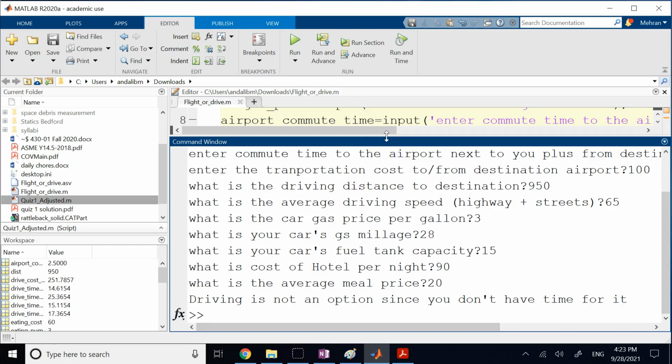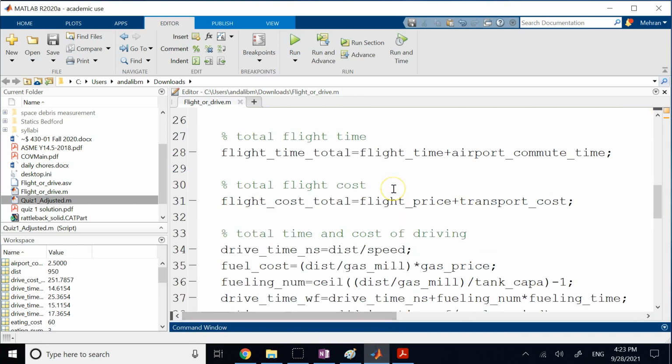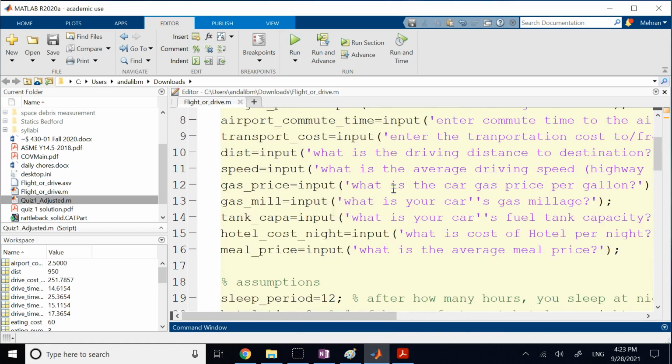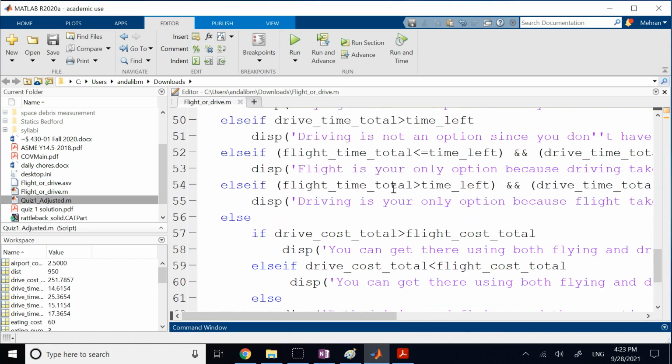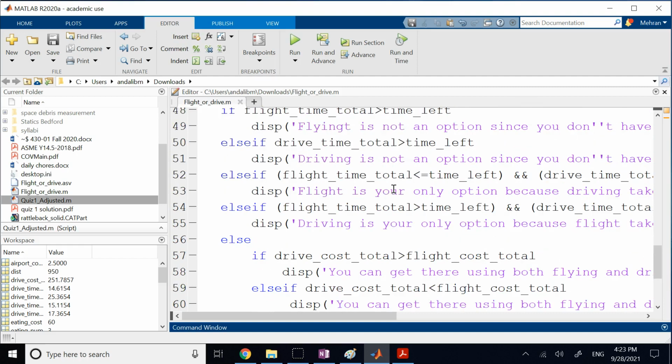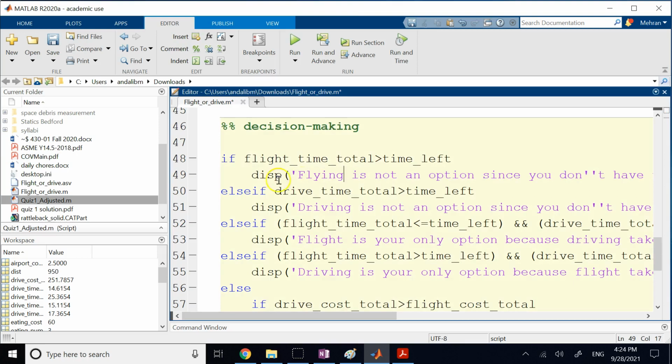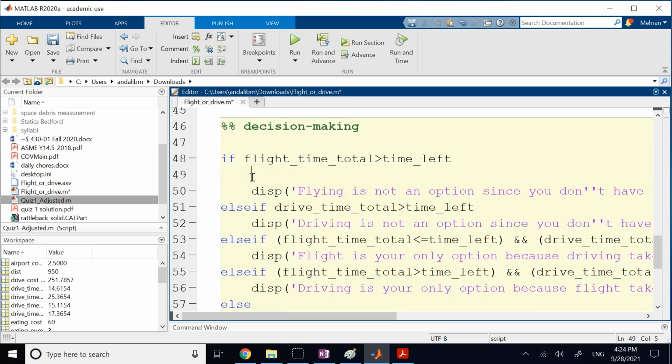Now, although it is really amazing that it gave me an option, it is a good idea that it shows the total time and cost of everything, right? So here it is showing you the final decision, but it is not really showing you the details. So when it says flying is not an option, I would also add a display here, or fprintf,